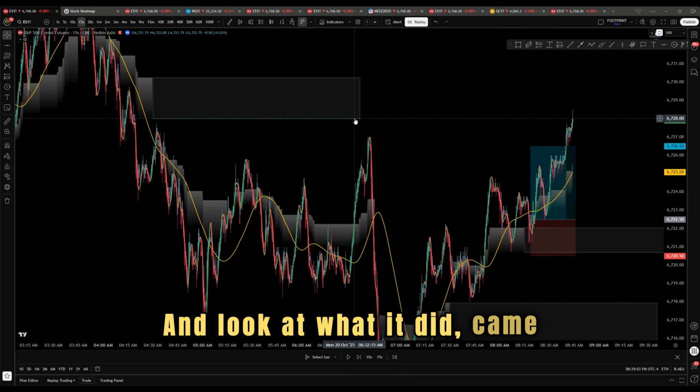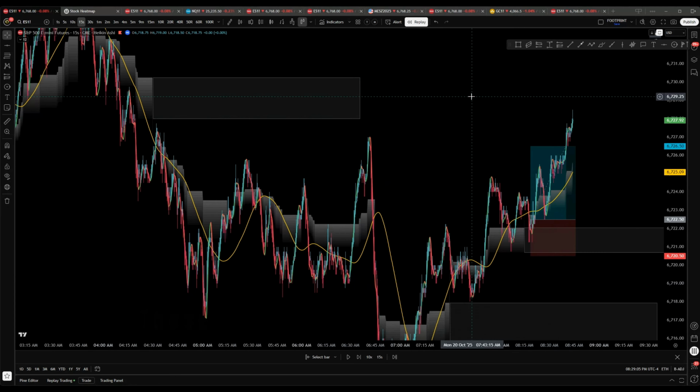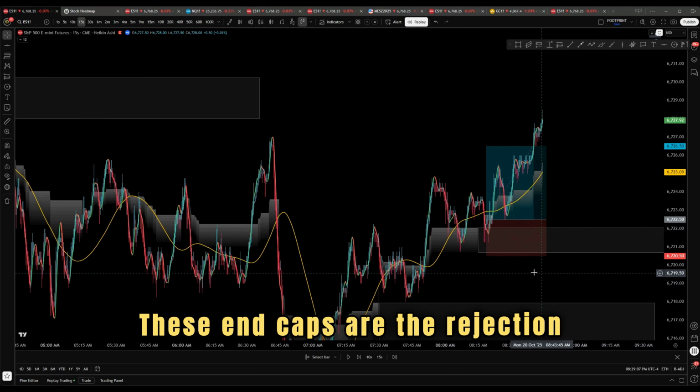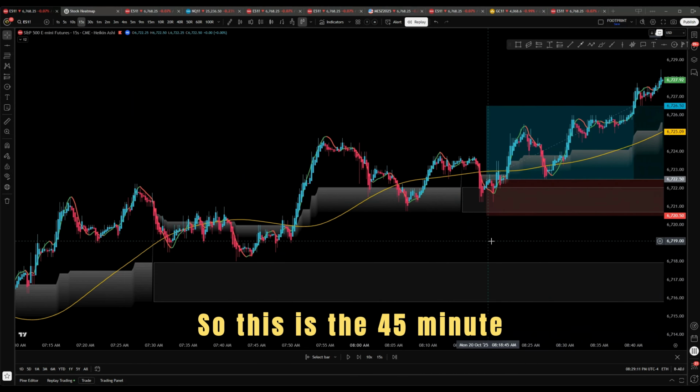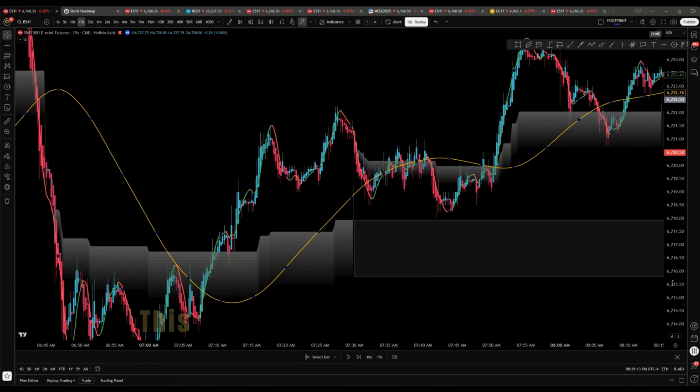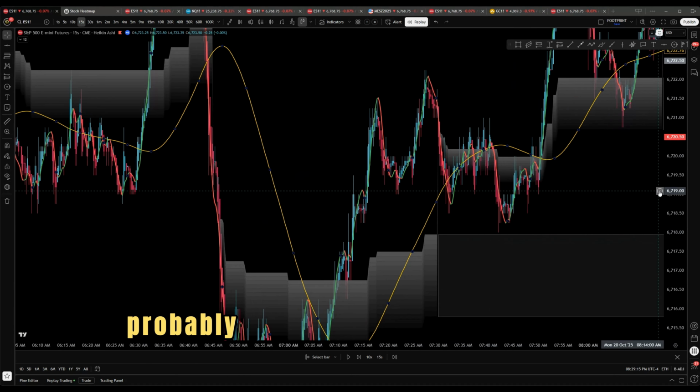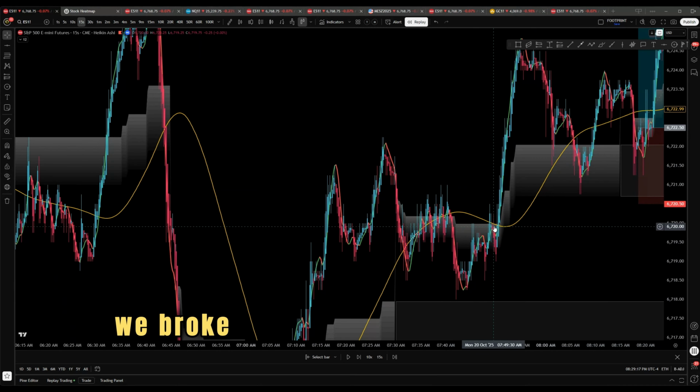And look at what it did. Came up and hit an end cap right here. These end caps are the rejection points of the candle or the zone you're using. So this is the 45-minute rejection point here. Here's one right here. This one didn't touch, but I would probably still try to take that once we broke above